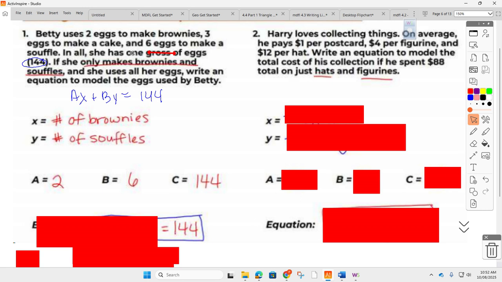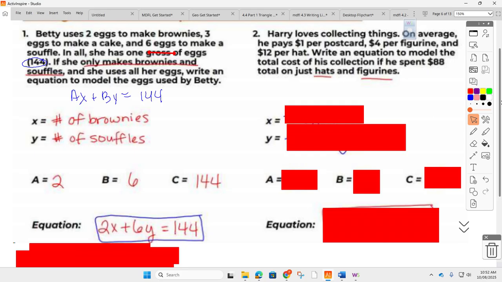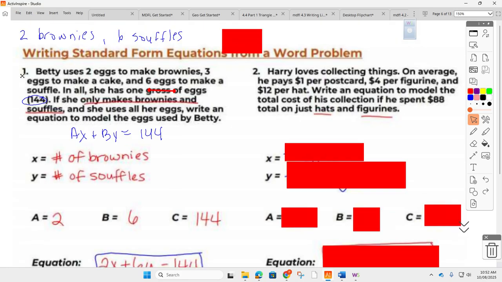You've got to read the whole problem. She only makes brownies and souffles. That's why here we only wrote the 2 brownies and 6 souffles. They gave us more information than we needed. At least you had a reason. We didn't use the 3 because we didn't make any cakes. So let me ask you this: if we made